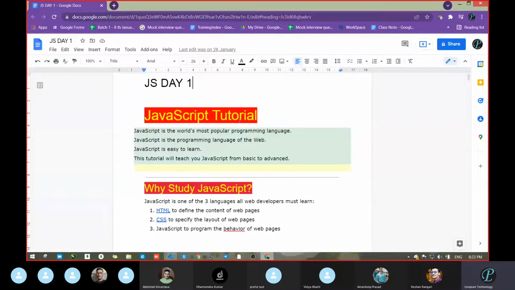In all three, you have to write JavaScript itself. So if you know JavaScript, you can learn all of those three front-end frameworks.